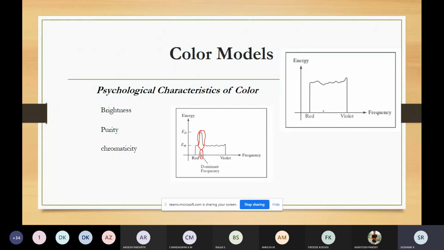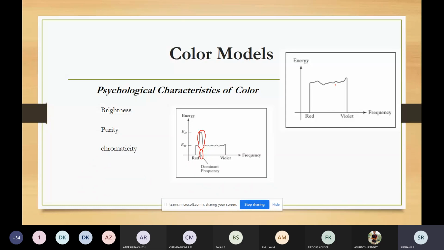So all the combinations of violet, indigo, blue, green, orange, red, which is uniform. So it is uniform. So this distribution corresponds to the white color. So here